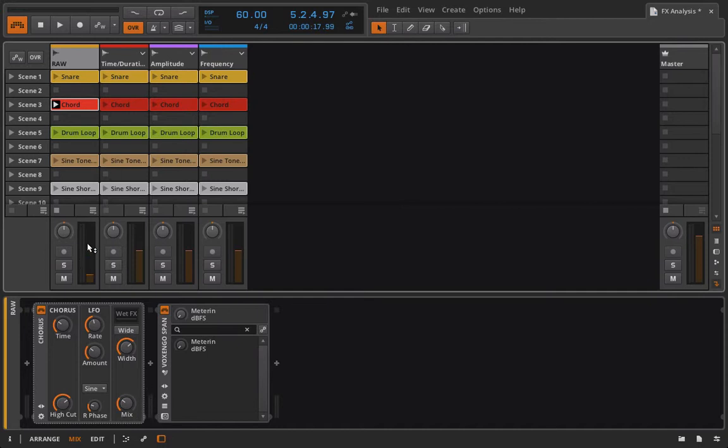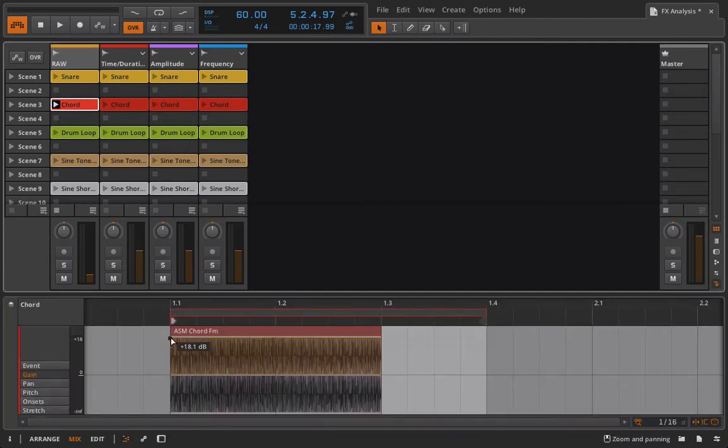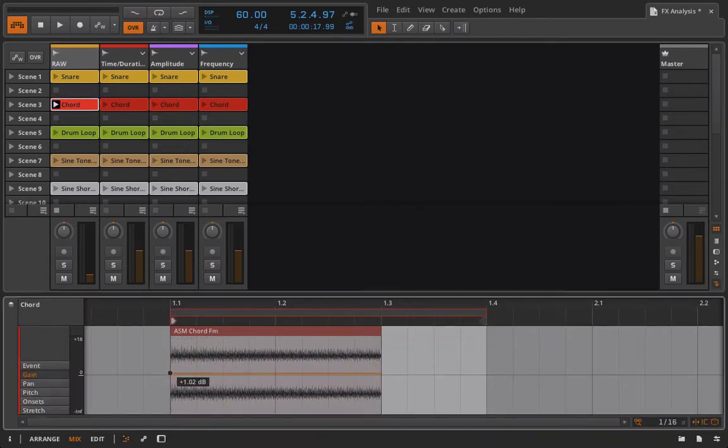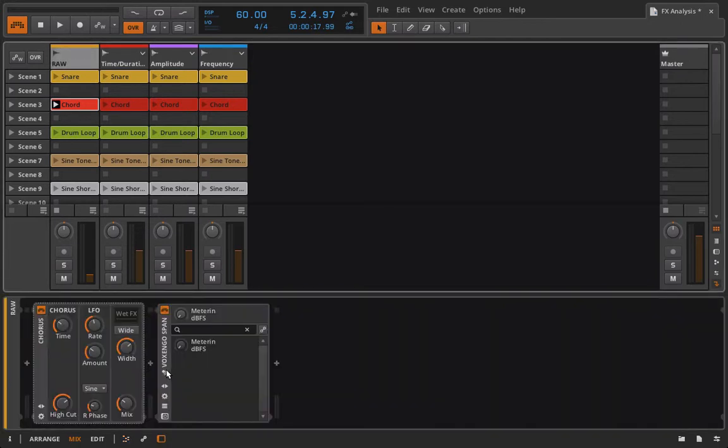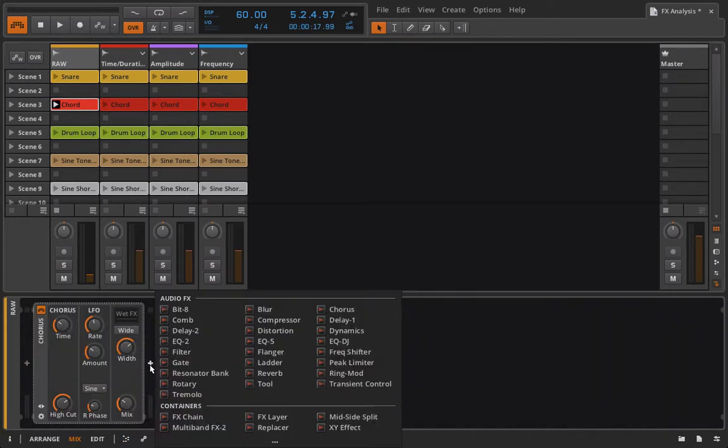And even though I pulled back here, it still doesn't mean that the signal hasn't been corrupted in some way. So always keep an eye on that. Now, when we're doing multiple effects serially, what that entails is loading something like a chorus and following it up